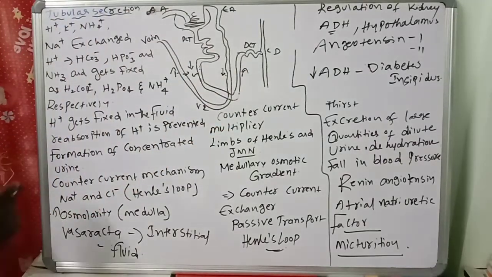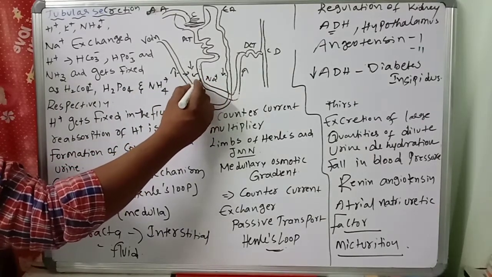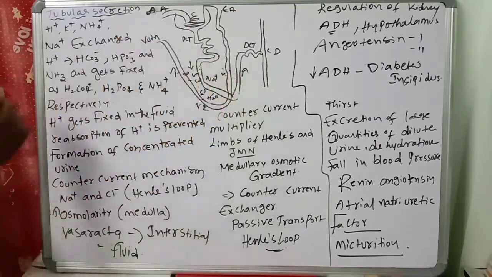So in between, what exchange takes place? Sodium, chloride and water. In this kind of exchange, one is up, one is down, one is up, one is down. That's called the counter current mechanism. That is the counter current mechanism. See now,